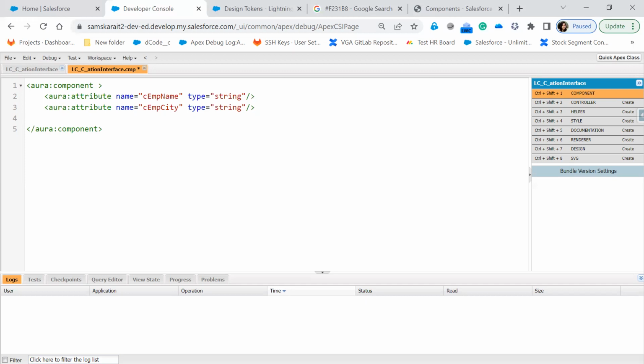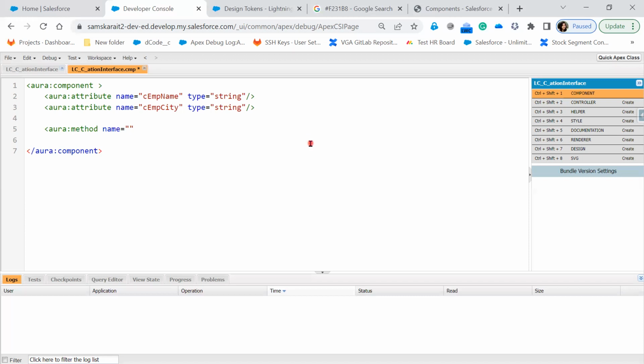So where should I write an aura method? In the child component. Because whenever it is hitting from the parent component, I need to handle that particular method in the child. So name equal to,